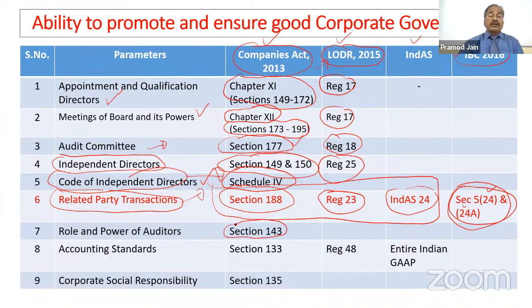So please remember, auditors have a very significant role in good corporate governance anywhere in the world, absolutely anywhere in the world, and more so in our country. So Section 143 deals with the role and power of auditors. तो auditors हैं जो कि कंपनी के अकाउंट्स को ऑडिट करते हैं, कंपनी के अकाउंटिंग के ऊपर रिपोर्ट करते हैं, तो उनके जो पावर्स हैं, उनका जो रोल है, वो भी आपको मालूम होना चाहिए। क्यों मालूम होना चाहिए? क्योंकि